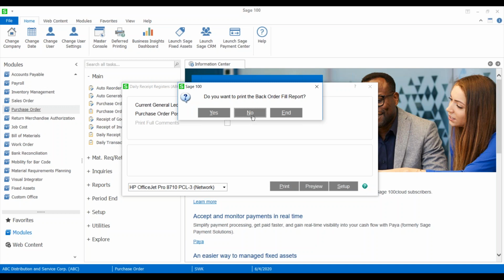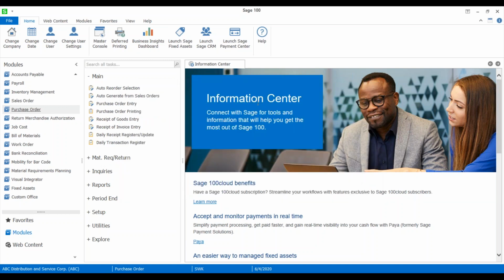When I close this receipt, I can put my back order fill report. We're going to say no to that right now. We're going to update our receipt of goods register. We're not going to print the daily transaction register at this time just for time's sake, because I'd like to show you another feature. So now let's say we've received those goods, and a little later on we receive those